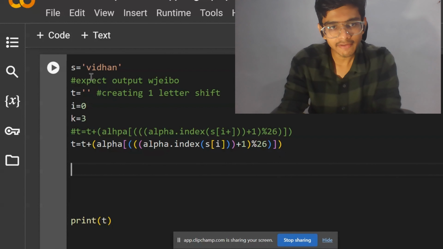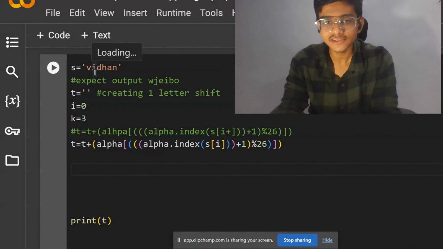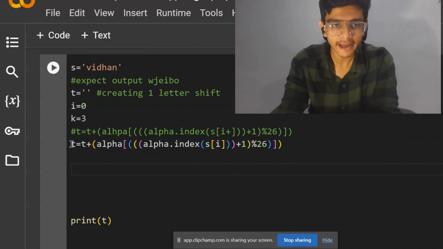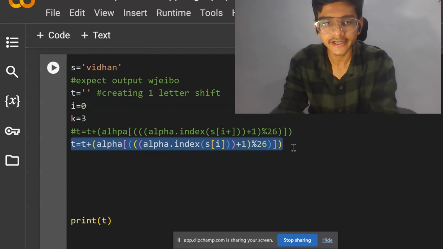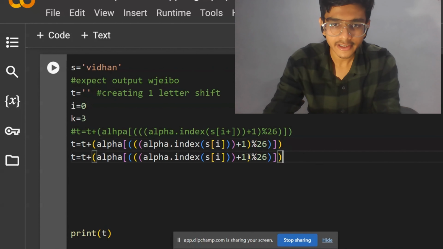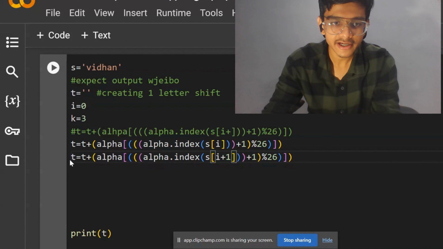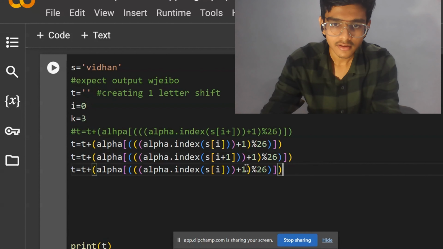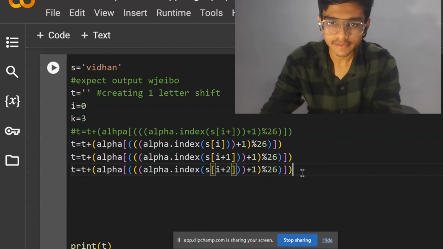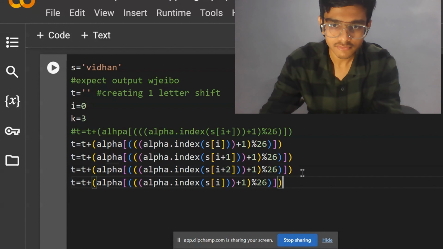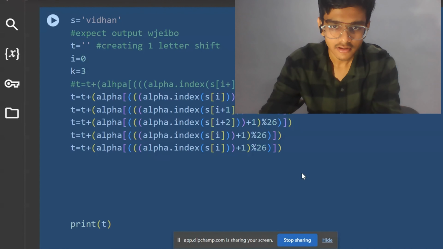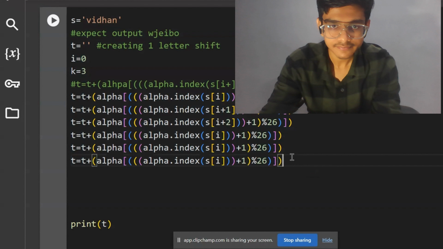अभी आई जीरो है, ठीक है, पर आई वन भी तो चाहिए। आई को भी तो मेरे को चेंज करना है, तो मैं सिंपली अगले टर्म में आई प्लस वन कर दूंगा, एज सिंपल एज दैट। ओके, अब आई तो हो गया, फिर डी का क्या करें? ठीक है, अपन आई प्लस टू कर देंगे। सो सिमिलरली मेरे इसमें कितने लेटर्स हैं, वो आई प्लस फाइव तक जाएगा।